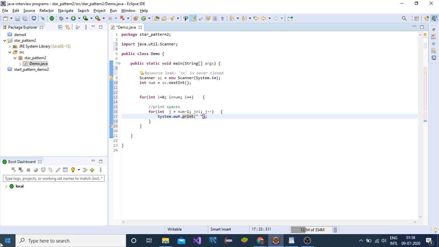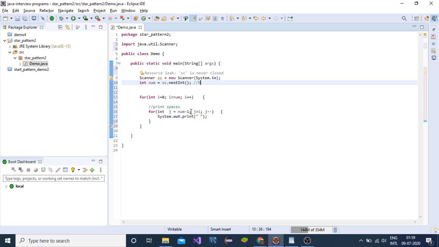What we have done in the first loop, the first time in the loop, the value of i will be 0, j will be 4, num minus 1. Suppose I am passing the value 5.